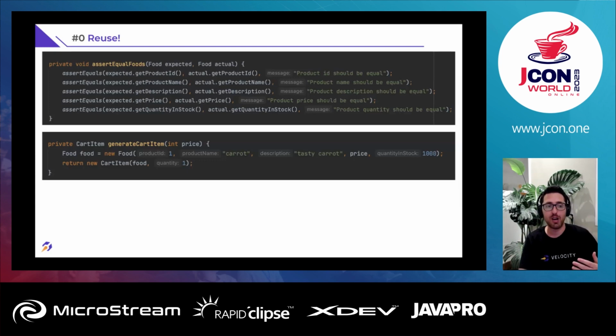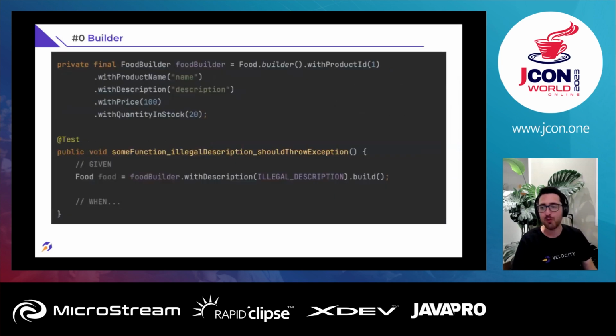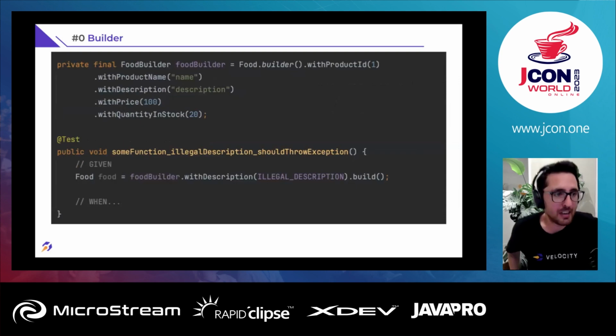It's a waste of time and space inside the test. But also, if we have, let's say, 20 tests that have this initialization of the food object, and we want to add an additional value, we'll have to go to each and every one of them and change them, instead of just going into one function and changing its behavior. And if you don't really like those generator methods, you can use a builder. And I think it's another really clean and easy way to go.